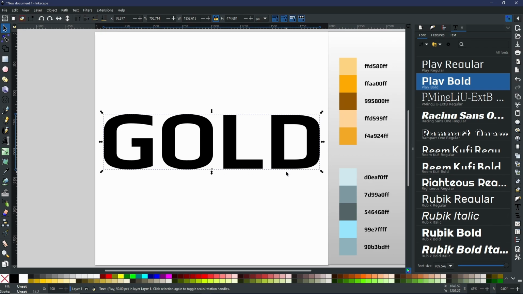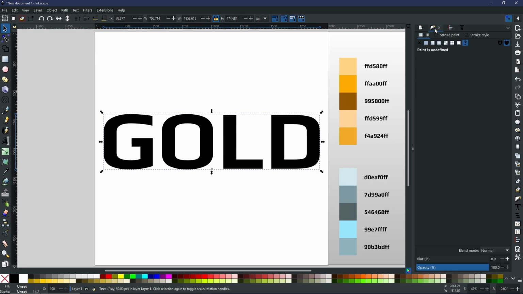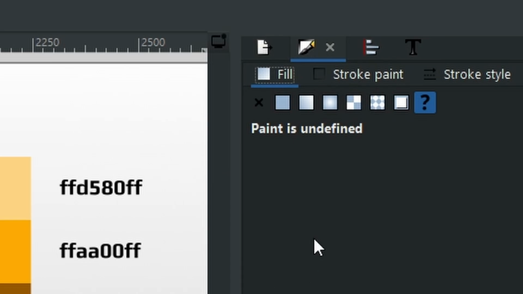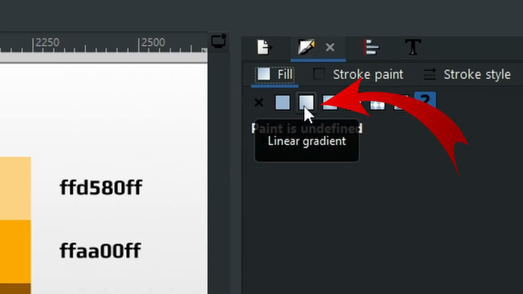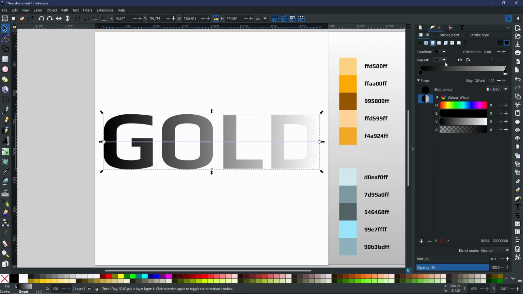Now that we have that done, I am going to use my fill and stroke menu, and we are going to add a simple linear gradient. Now that is found right here. It's the second icon along. I'm going to give that a click, and it is going to show you a gradient going from left to